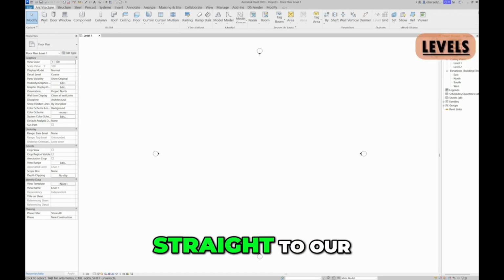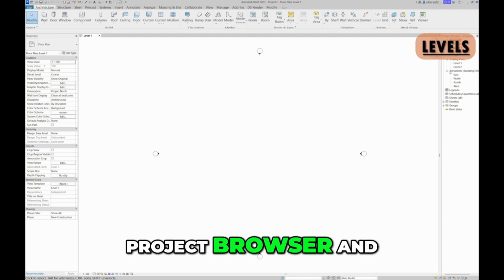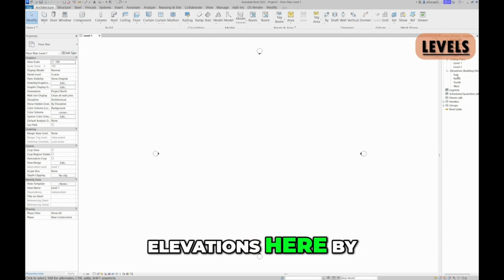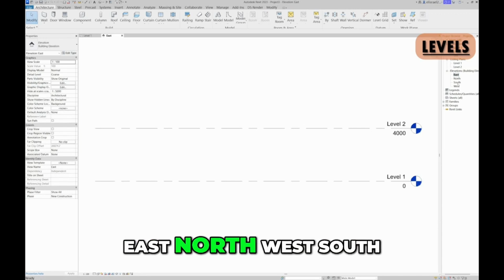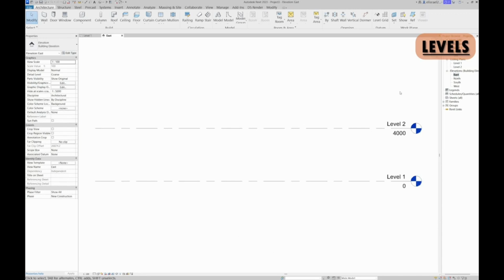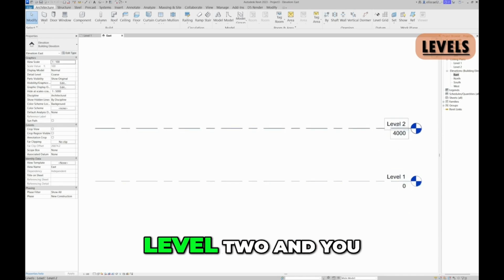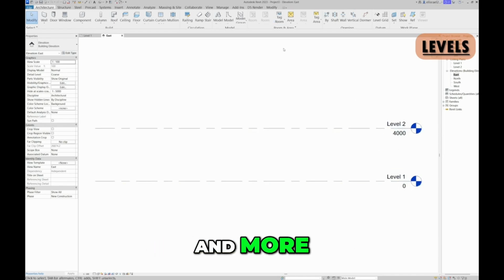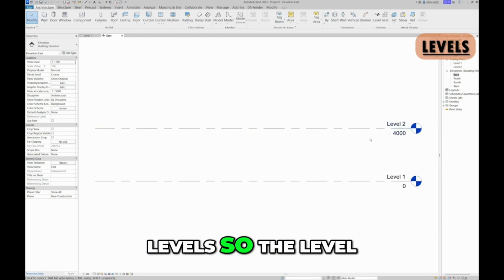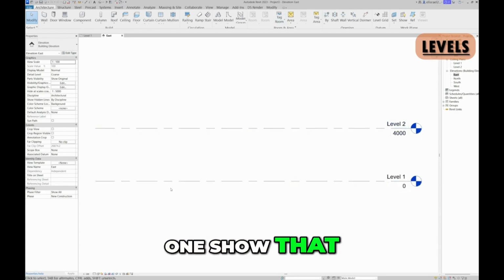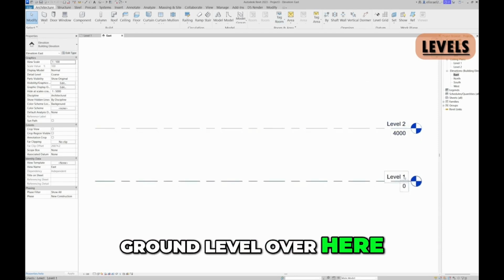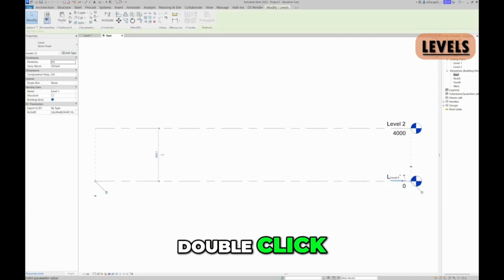So in order to start, we need to know the levels in which the plan is going to begin. So you can go straight to our project browser and I'll click on any of the elevations here by double clicking the east, north, west, or south. Yeah, so you can see over here we have level 1, level 2, and you can create more and more levels. So level 1 shows that this is the ground level over here, so you can double click on it and you name it